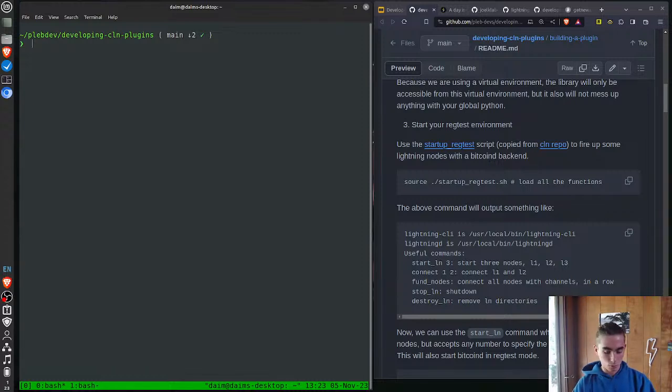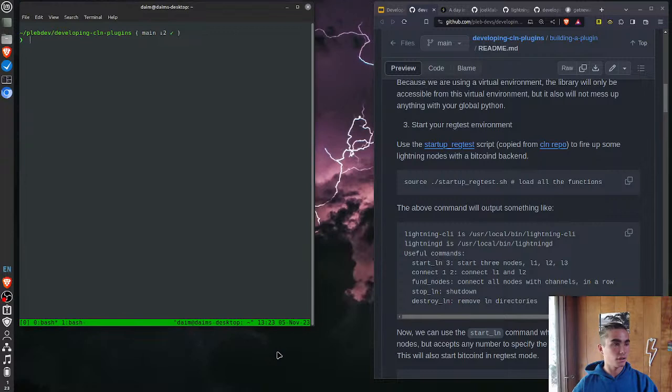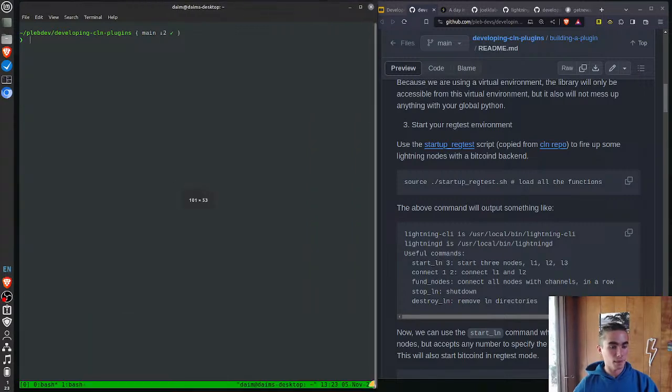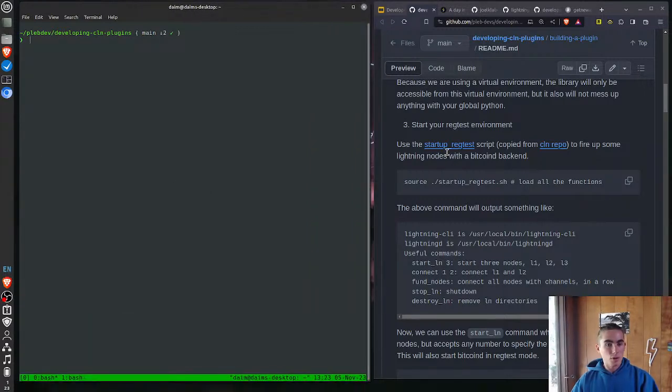Let's see, how do I zoom out? We went over it in the last workshop. If you don't have C Lightning and bitcoind installed, then this startup regtest script will not work because it relies on those two programs, but it lives in the,